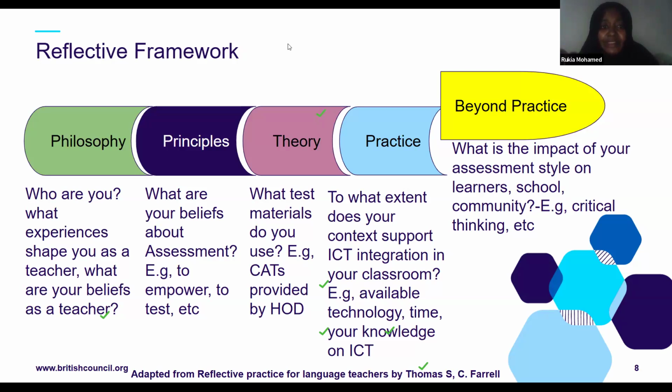Here they're saying principles are your beliefs about assessment. This one I adapted because we are talking about assessment. So you wanted to make a change in the young ones. When it comes to assessment, what will guide your assessing? Will your assessing be guided by the fact that you want to make a change? That will also inform the types of assessment you're going to use, because your aim is to make a change,